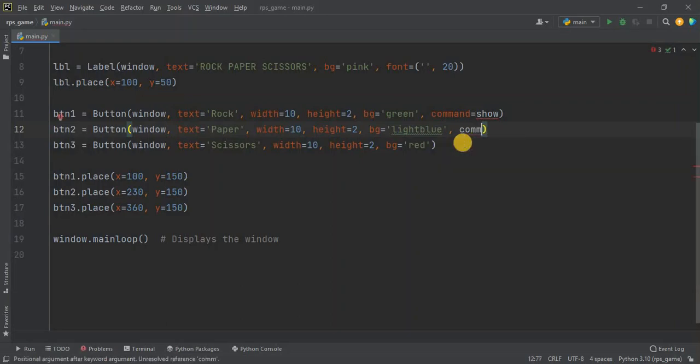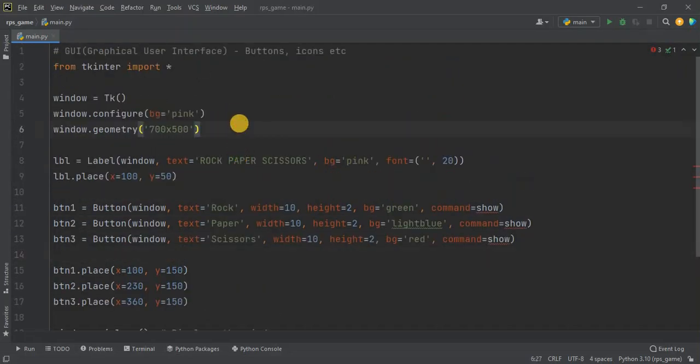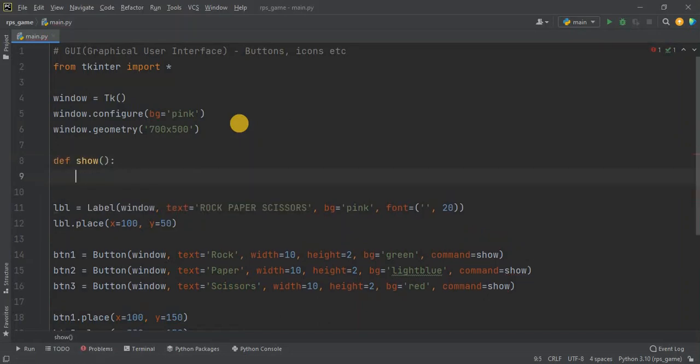But firstly, let me write command equals show for all those three buttons. Command equals show, command equals show. Okay. Now this will call the show function whenever we press on it. But for that, I need to actually have a show function. That's why I will define show.